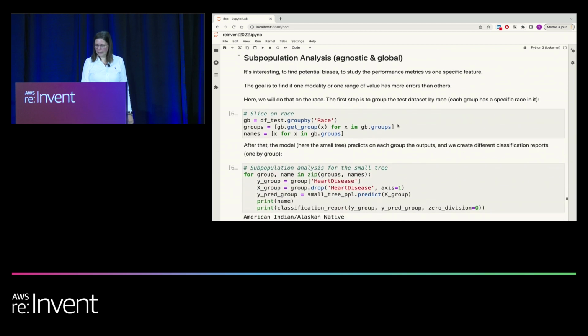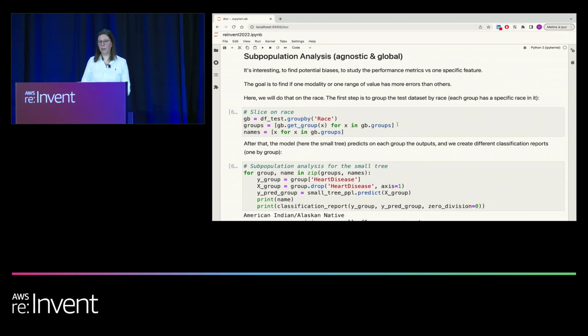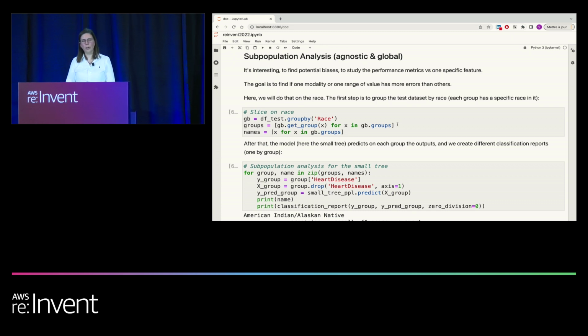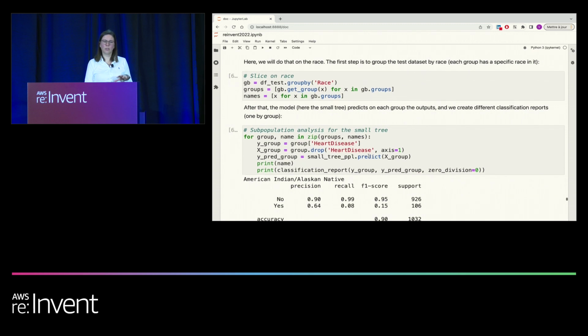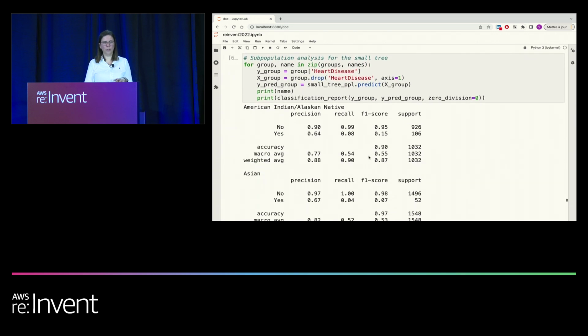Another thing that I like a lot, and it will be the last thing I will show you in this demo, is the subpopulation analysis. It is agnostic, it is global. The goal is just to find if your model is working for every class in the same way. So it is exactly the definition of a bias or not. You will look at every group of people in your data set and see if the model is correct or not. So here I have used the race feature, and so I've done just